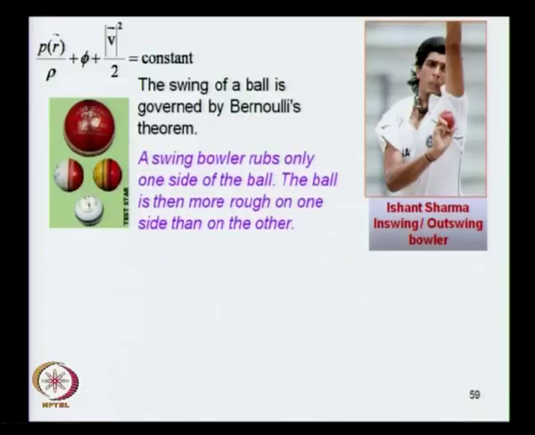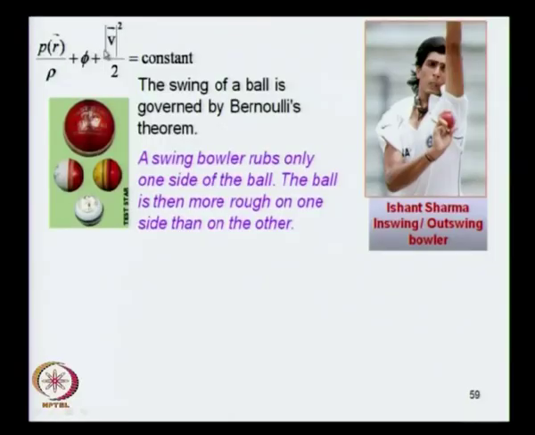I am sure you would have noticed this, that each team tries to pack its bowling squad with in-swing and out-swing bowlers, because what they do is they rub the ball only on one side, and then the ball is more rough on one side than on the other, so that the rougher side carries the velocity with a drag. Okay. So, there is a velocity difference on the two sides of the ball,